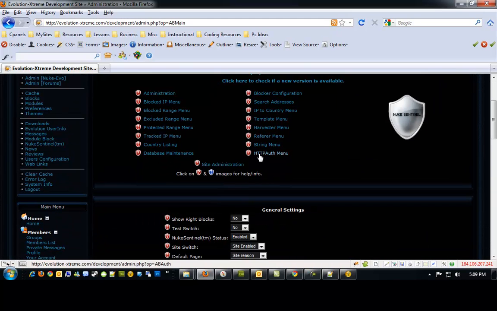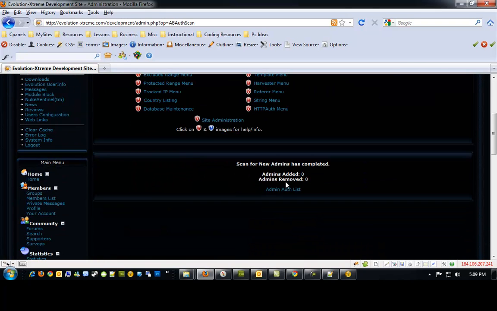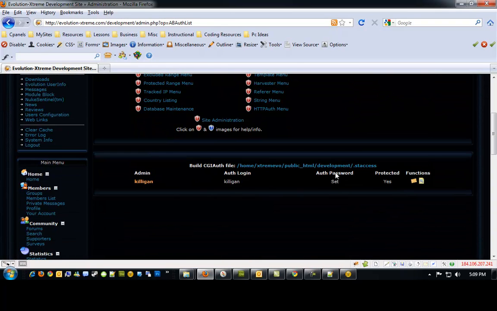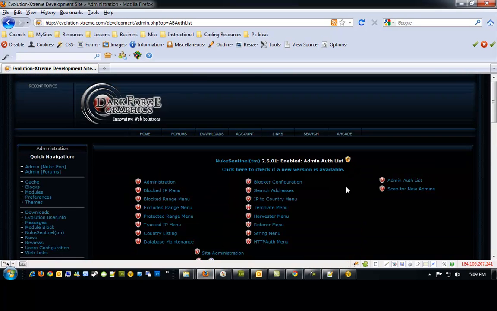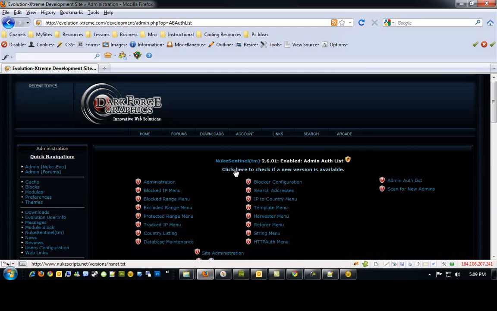Then you want to go to the HTTPAuth menu, and you will want to find any admins. So you'll just scan for new admins. I'm already in the list, so I'll just view the list. I have a password. You can re-email that password if you're not sure what it is. Just go ahead and click that. It'll email the admin their login details. Now this is the build the CGI auth file. You will want to build this file. Just click the link, and once that is done, you just go back to your main administration,